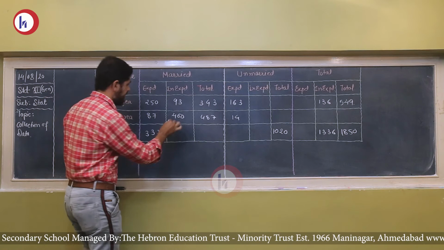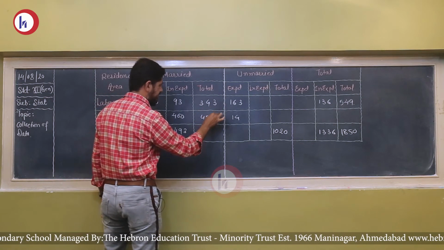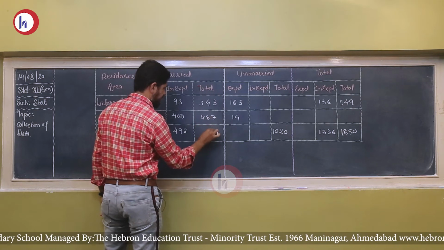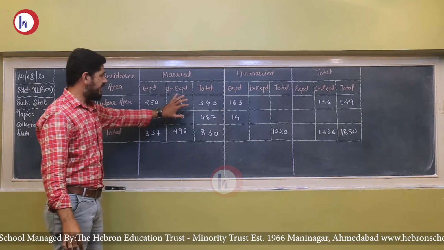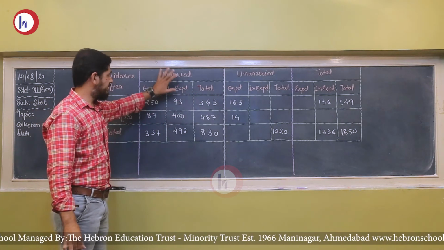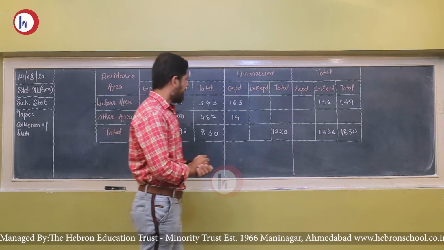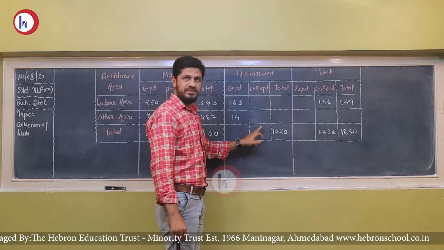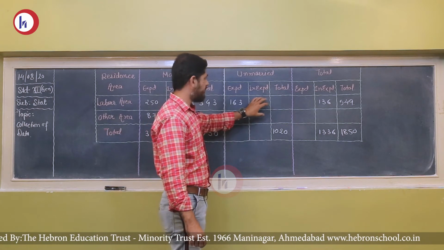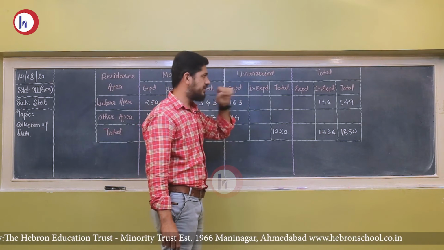Okay. Here 493 and finally 830. So we have filled all the data in the married group. Now let's come to the unmarried. We do not have any value given, so the missing amount cannot be found from this group alone. So we will use the other group.